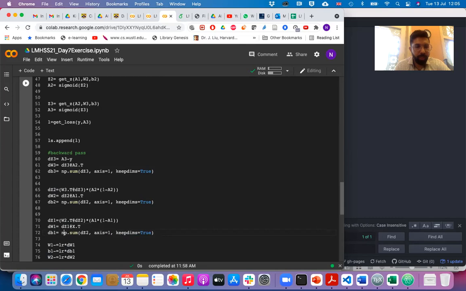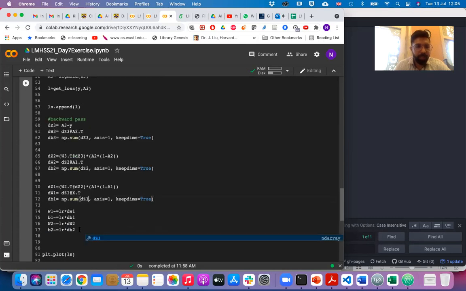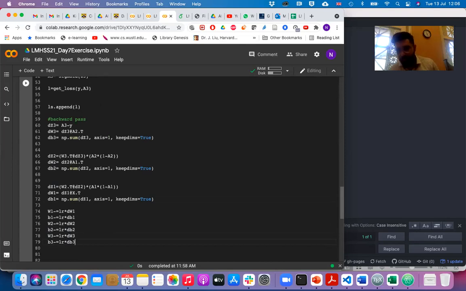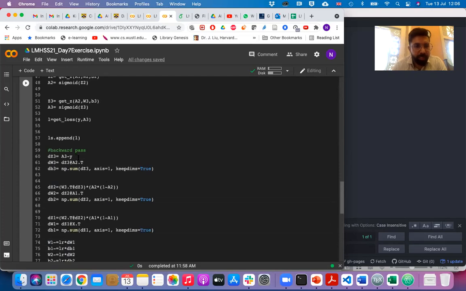Then you have DZ1 here and DZ1 here, and then this becomes W3 and B3, and W3 and B3, and you can extend it to any n layers. It can be 50, 60, 70, 80, I don't know, depending on your application. And this is like everything we did by hand. Let me just double check that everything is fine. A3 minus Y,